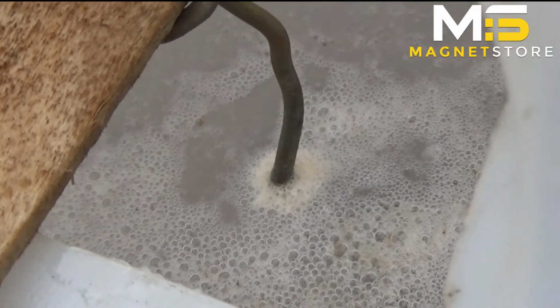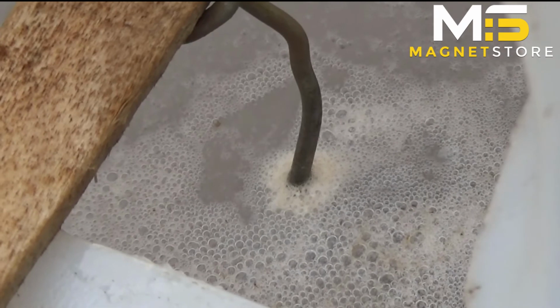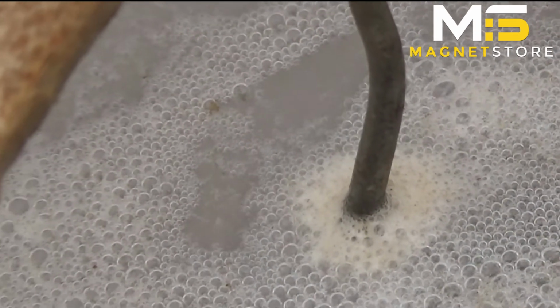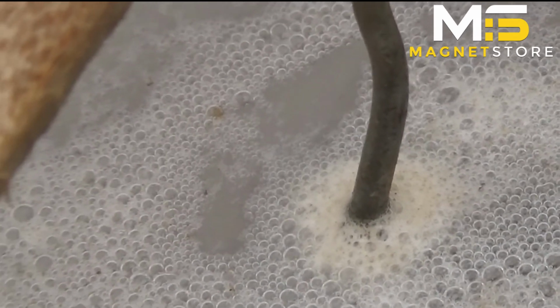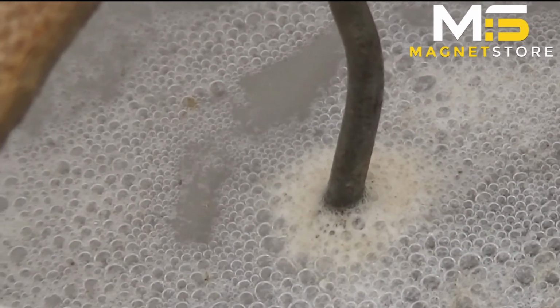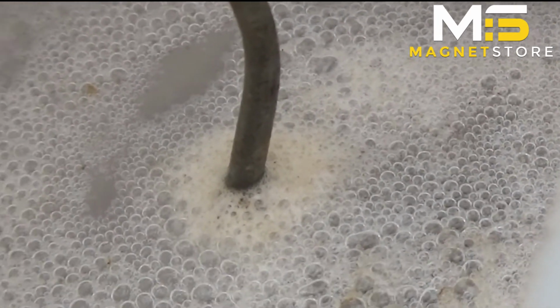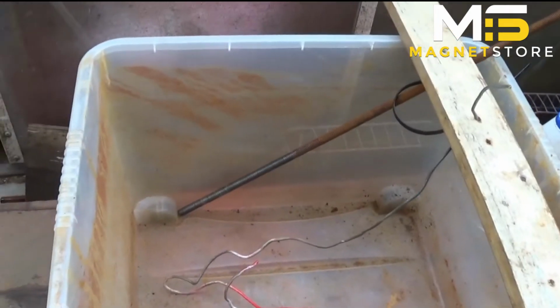As you can see there, we do have some fizzing. So what that's doing is it's working. All the bubbles there, all the gaps being filled. See it in different parts. Right, so while that's doing,